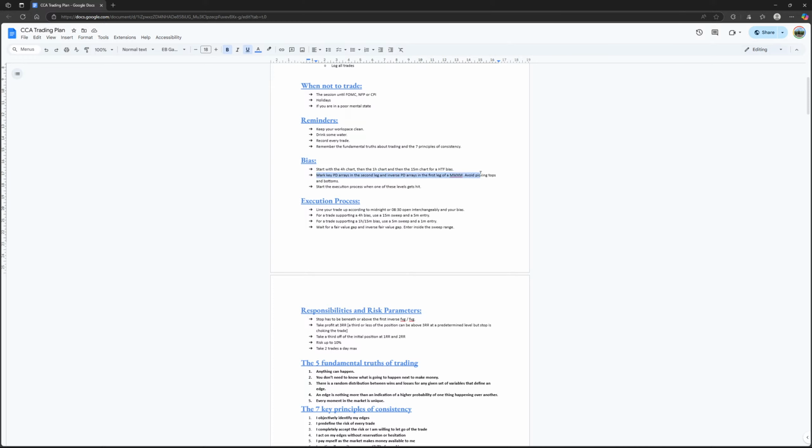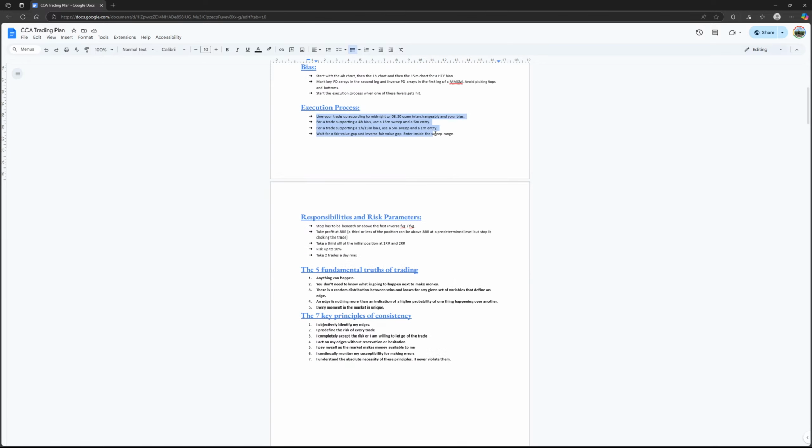One big thing is the market maker buy or sell model. So I mark PD arrays in the second leg and inverse of the first leg of a market maker model. That way I don't pick tops and bottoms, and I try to basically trade the continuations, the second stage of the market maker buy or sell models. Then I start the execution process when one of these levels gets hit. The execution process is very simple. I use the 8:30 and the midnight open to filter where I'm entering, and then